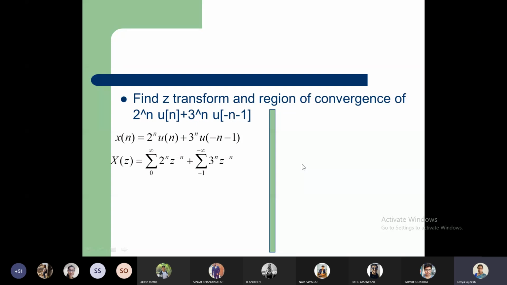Applying this to the signal u of minus n minus 1. Look at that step signal. It is a shifted signal, that is, minus 1 is the shifting process. It is shifted by 1 unit. Then it is minus n, negated time. So that is the folded signal. Now you can see the limits. Instead of showing it in the signal, I am showing the shifting and the folding in the limits of summation. So the signal will be extending from minus 1 to infinity.